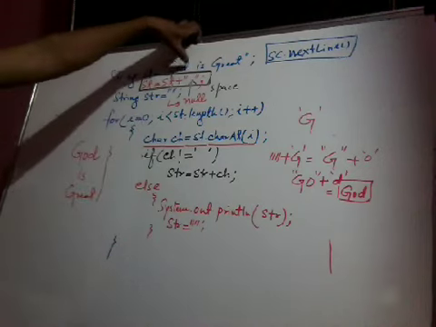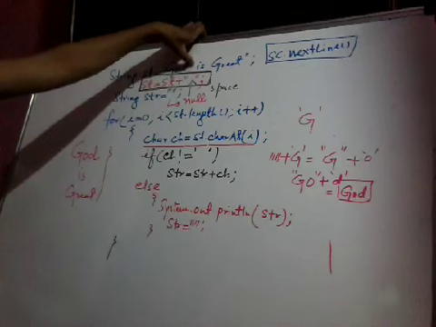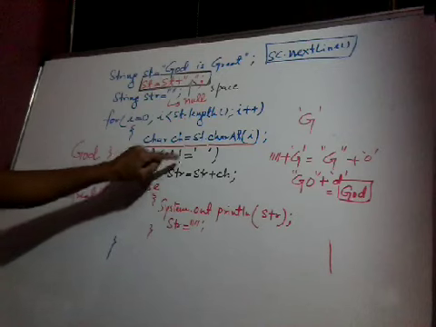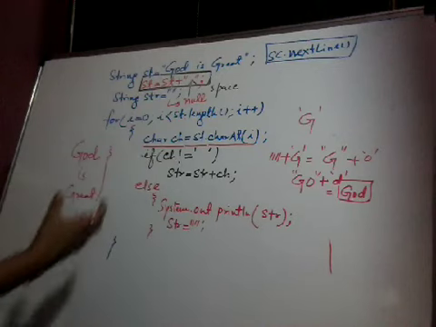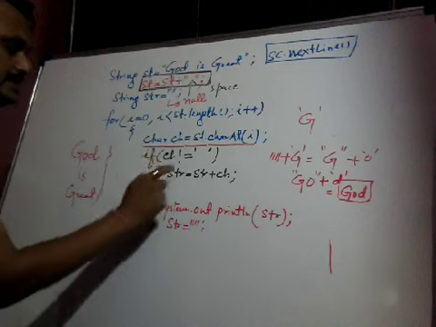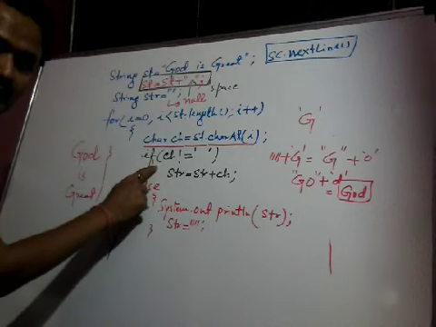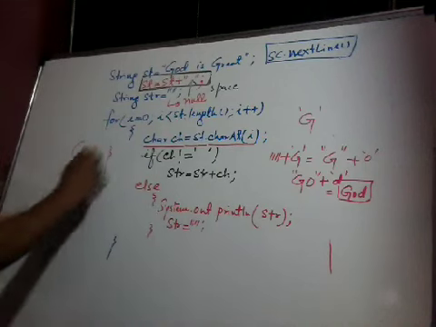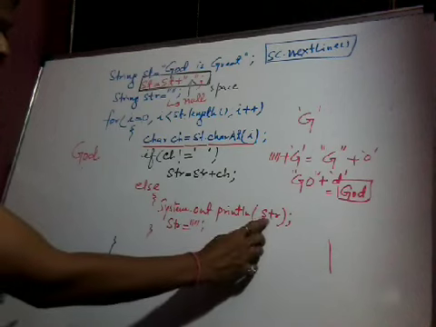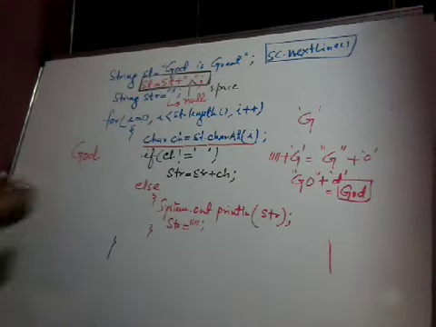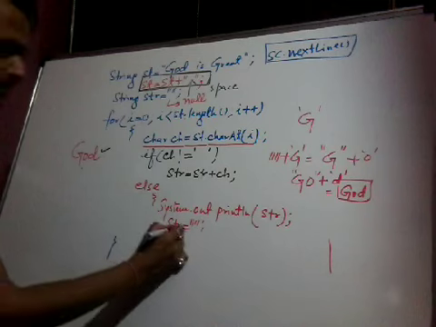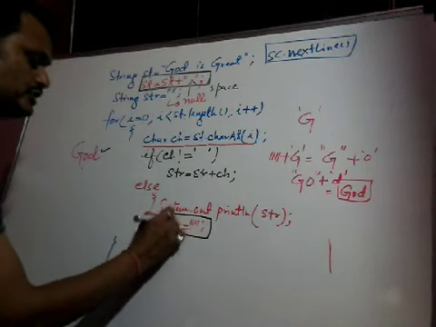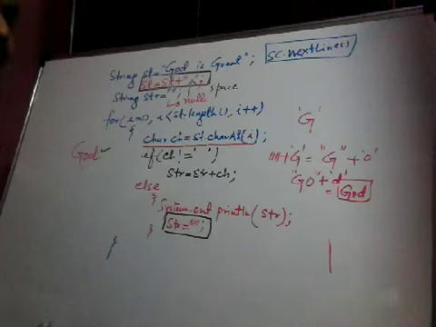When the value of i will be 3, it will extract a space. The value of ch will be space. Now check the condition. Space is not equal to space? That means whenever we get a space, this condition becomes false. When this condition becomes false, it will go to the else part. What will it print? You just see, it will print str. What is the value of str? God. So it will print God. After printing God, the value of str will be initialized again to null. Nothing is there after printing str.